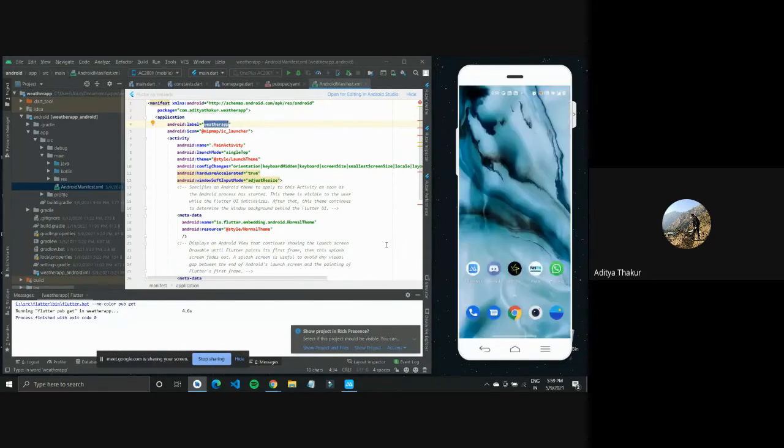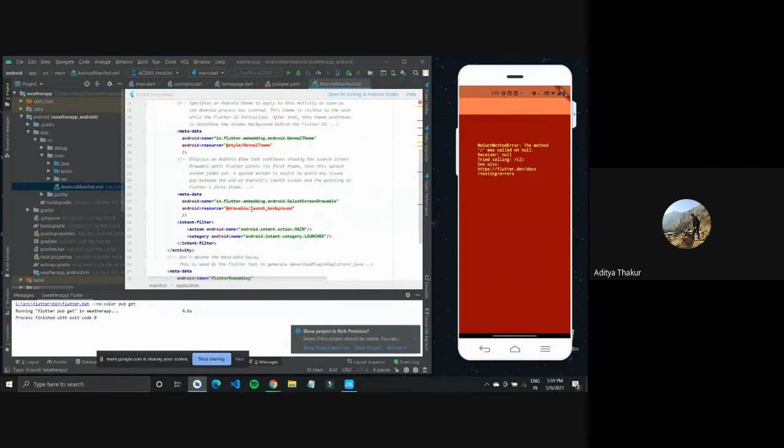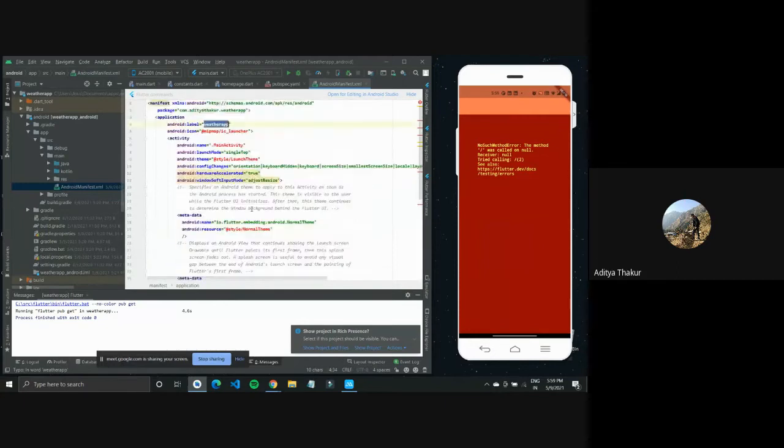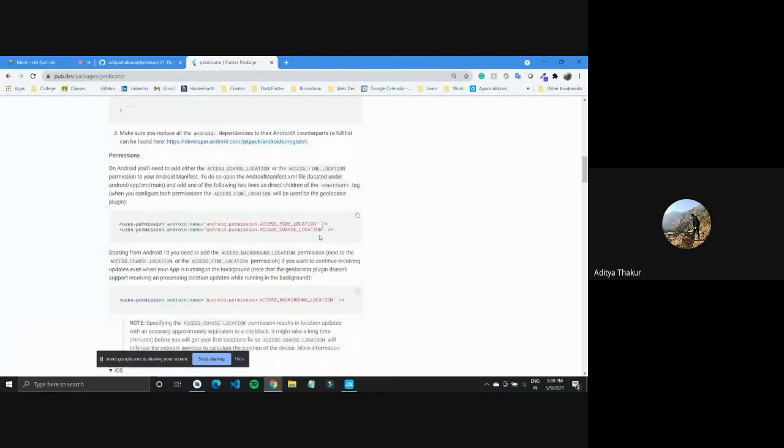And let me just check if it's the same name. Yeah, so this is the name that your application generally shows on your Android device. This you can change. And one more thing that we need it for is configuring the icons, but you just need to change the icon file, so that isn't much work. What we need to do now is copy this permission line from here, and paste it inside the Android manifest XML as a direct child of the manifest tag.